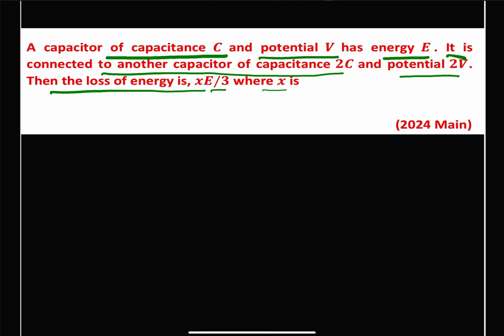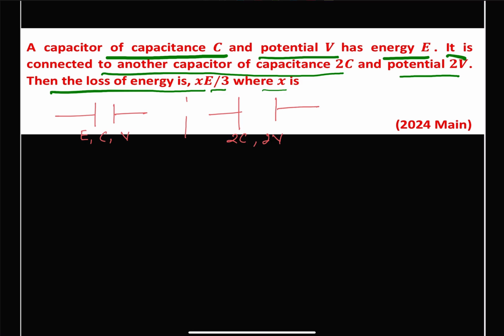So here we are given two capacitors. Energy is given as E, capacitance is C and potential is V. And we have a second capacitor whose capacitance is 2C, potential is 2V. Okay. And here we are given the loss of energy. So we can just easily find out